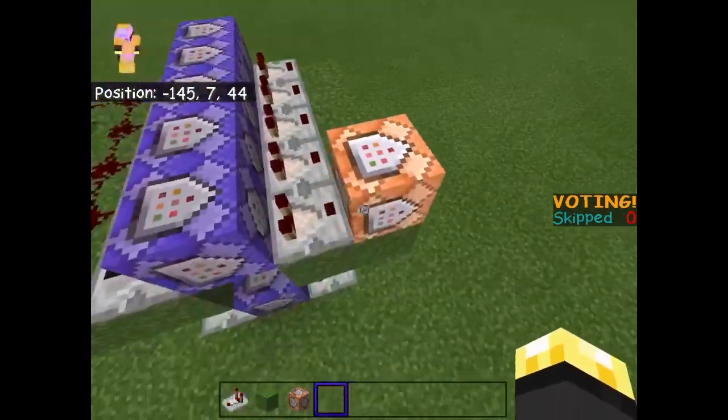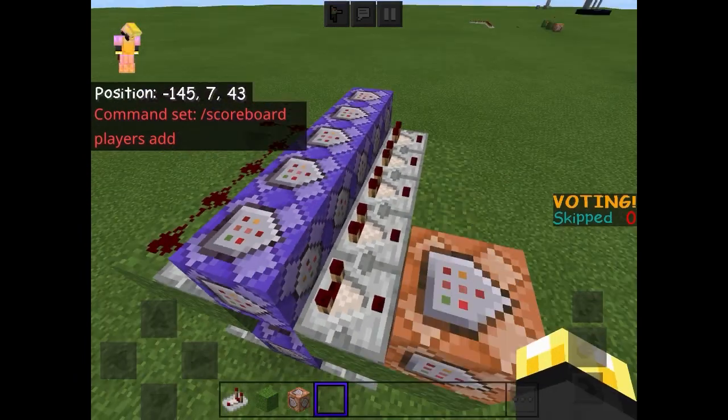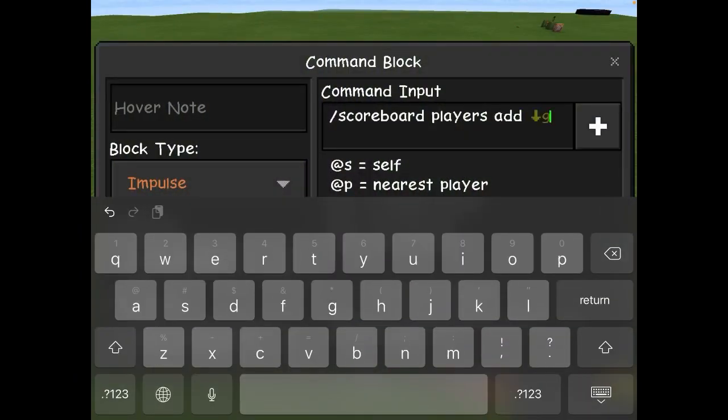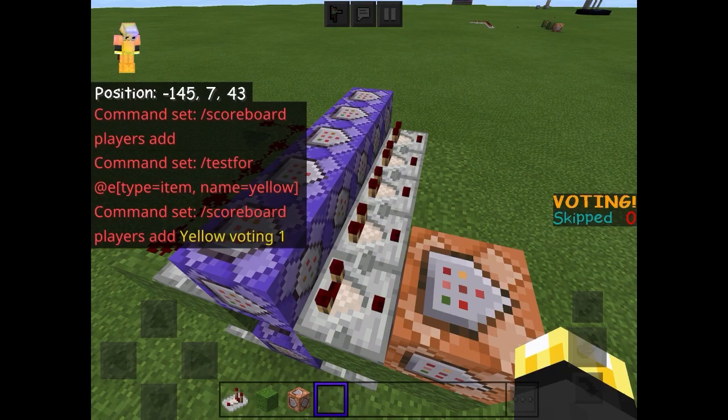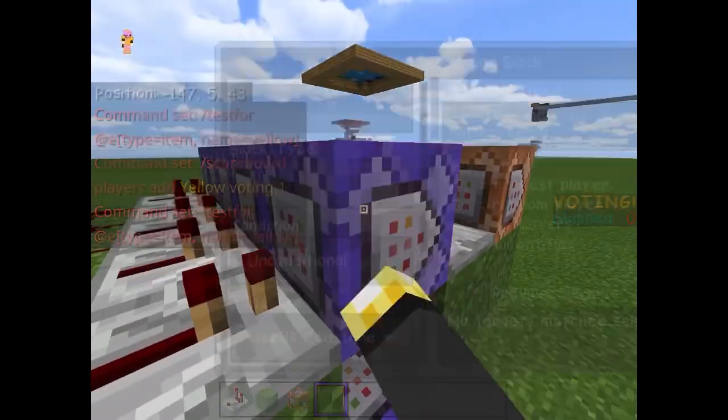Alright, so I did remember what it says, and it's meant to say slash scoreboard players, no, yeah, add, not set. And then we're going to say, what was this? Right, that one was yellow, so we're going to say add yellow voting 1. So now, what's going to happen is when this command block tests, when this command block is on,